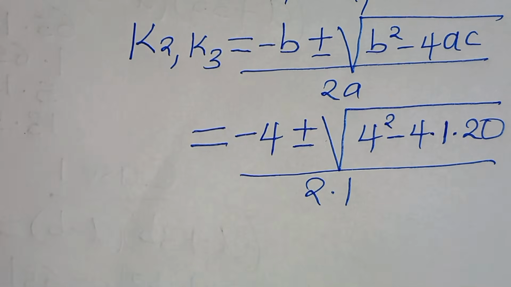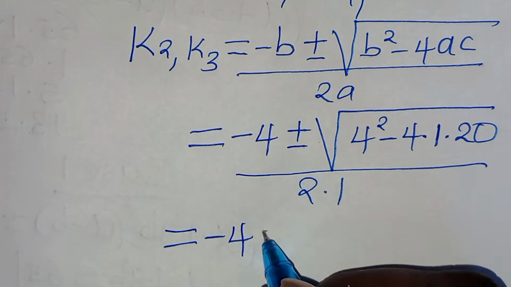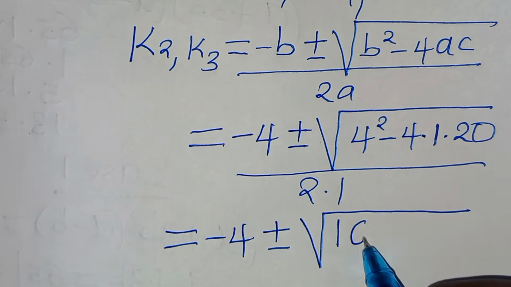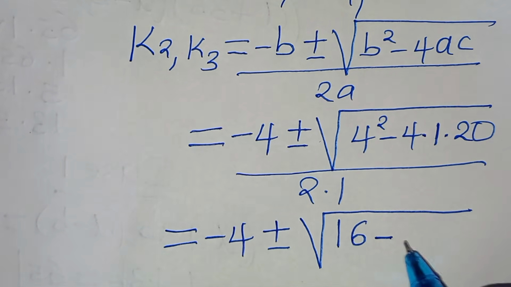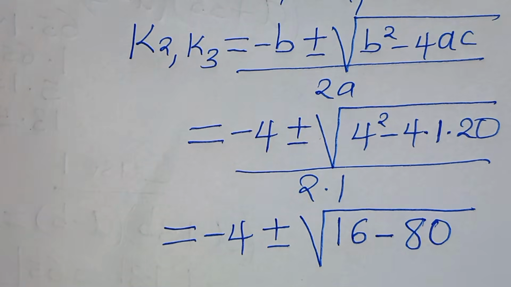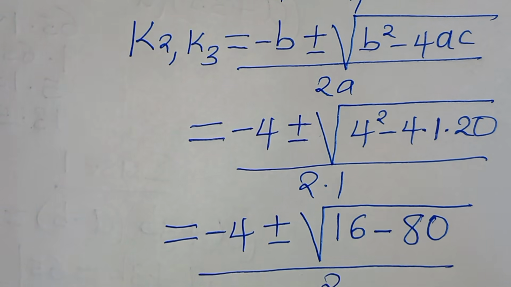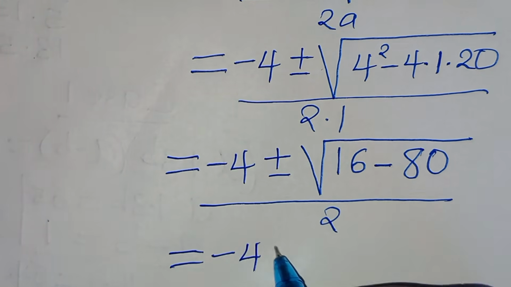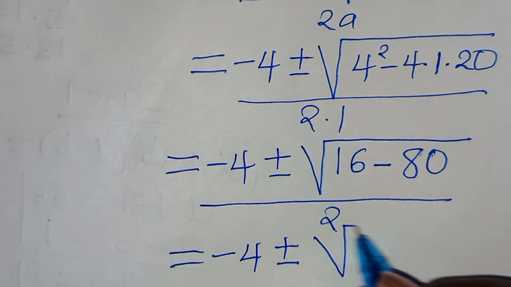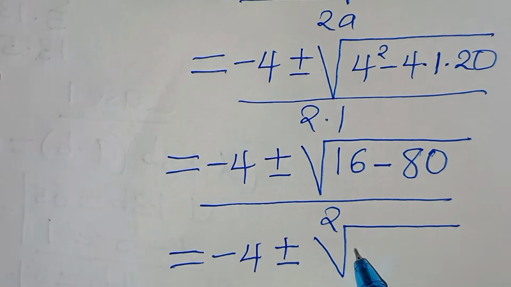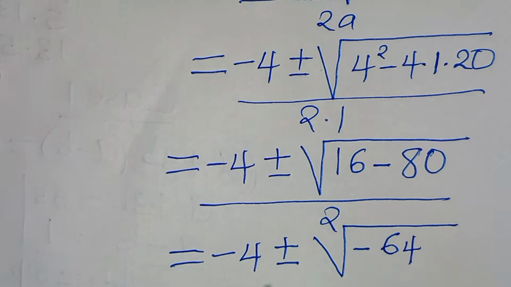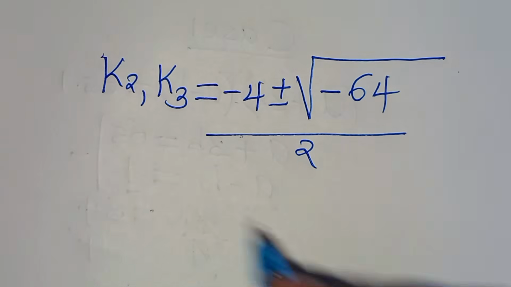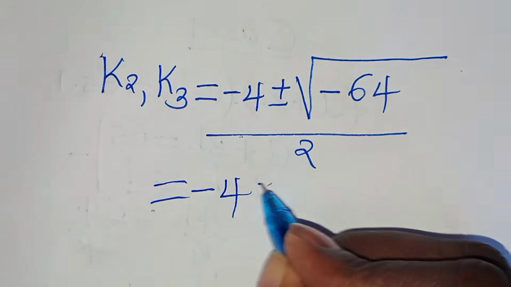So this is to mean that here we have negative 4 plus or minus the square root of 4 squared, this is equal to 16, minus 4 times 20, this is minus 80, then divided by 2. So here we have negative 4 plus or minus the square root of 16 minus 80, this is negative 64, then divided by 2. So this implies that here we have negative 4 plus or minus